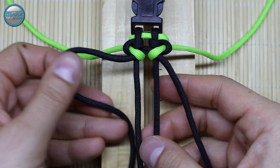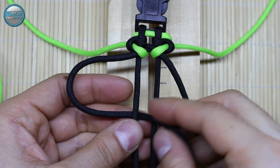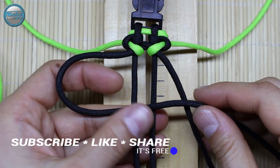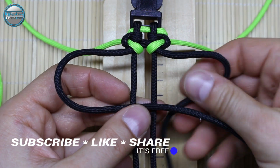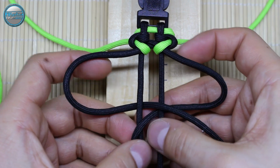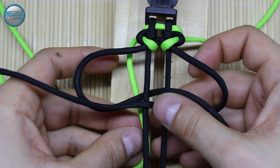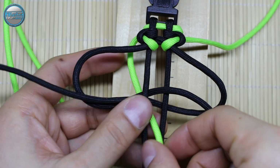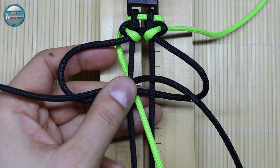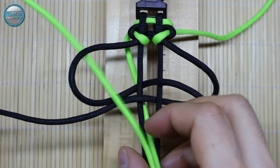Now do the same thing with the left one, under, in between, to the right side with the right side, under this first on the right, and in the middle on top of the left. And now neon green, under, through the middle, on the left side,